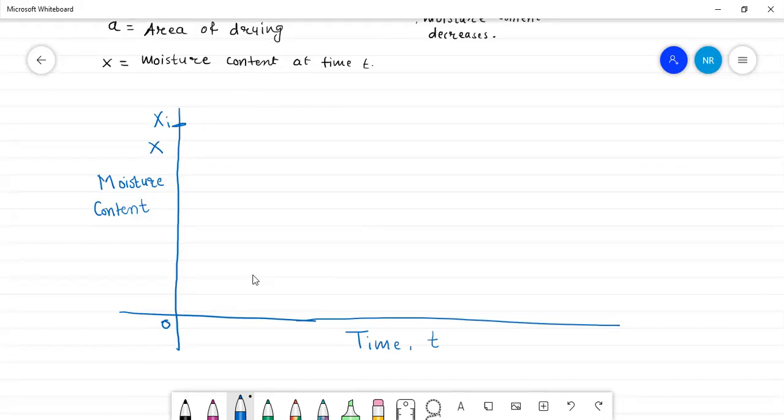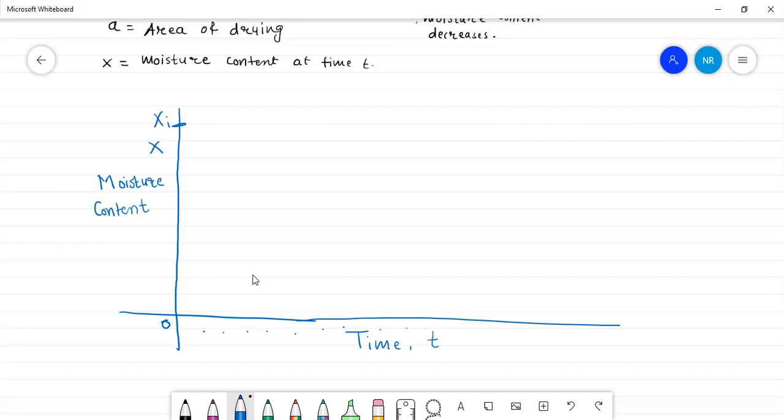Now as the time increases, the experiment starts, and once the experiment starts, moisture is decreasing. But initially, when we have the wet solid, we pass the hot gas. At that time heat transfer will be the major area. Why? Because they first have to reach heat equilibrium. Heat equilibrium means first the solid wants to reach the temperature of the surroundings. The hot gas has the higher temperature, the solid has the lower temperature. So what will happen? The solid wants to attain the temperature of the surrounding hot gas.